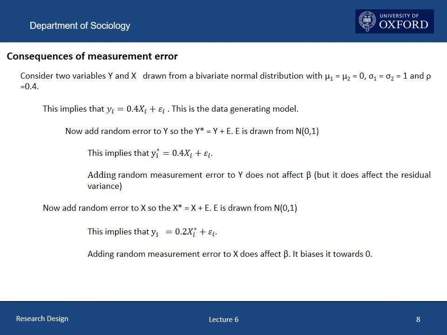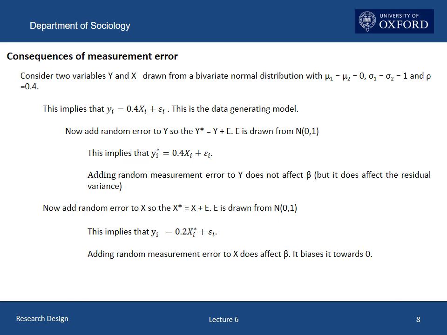However, it does affect the residual variance, and consequently the correlation between y and x will be downwardly biased. This is perhaps a good point for a reminder that the slope in the regression and the correlation are quite different things. So, if we are only interested in the regression slope, we need not worry too much about random measurement error in the dependent variable. But what about random measurement error in the explanatory variable?